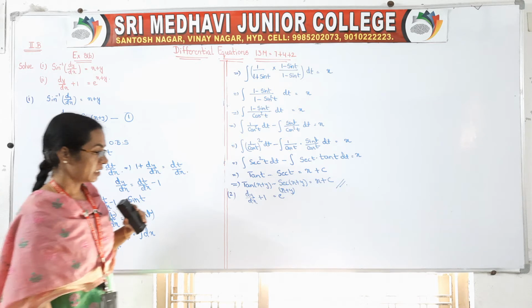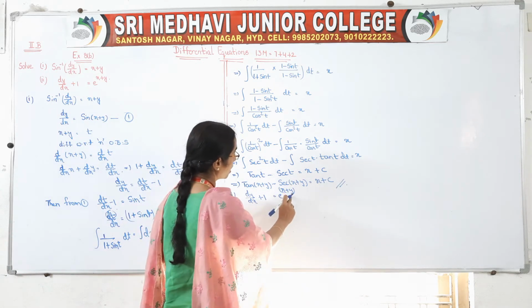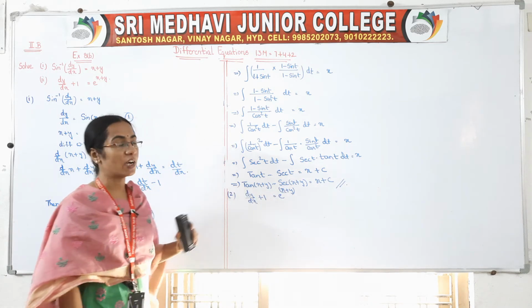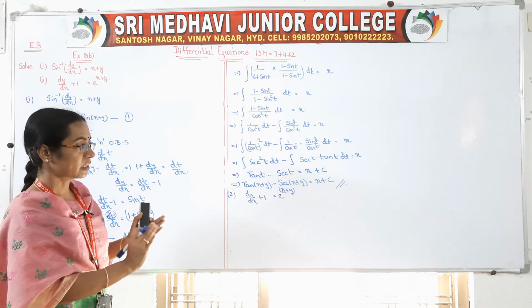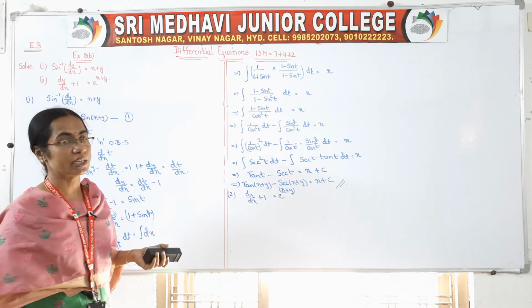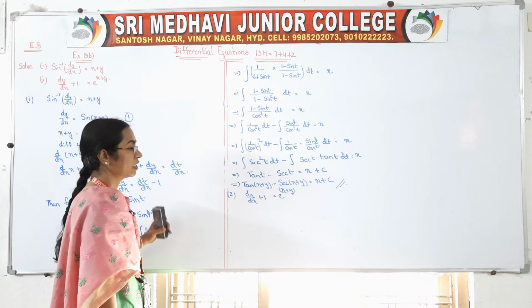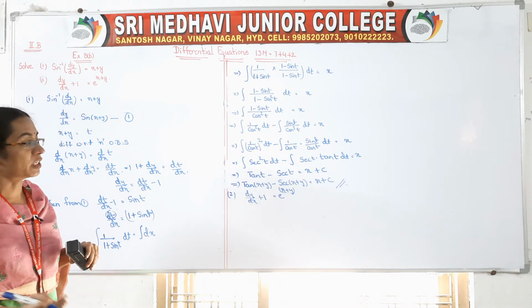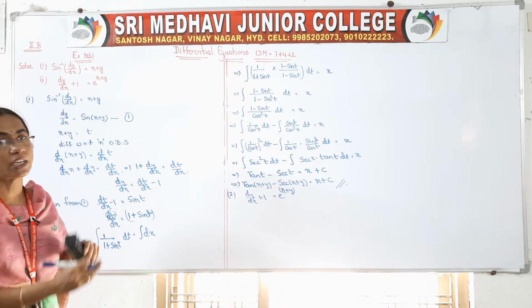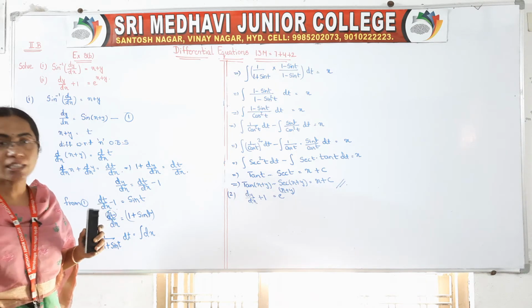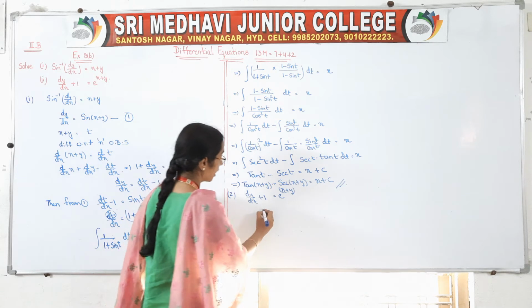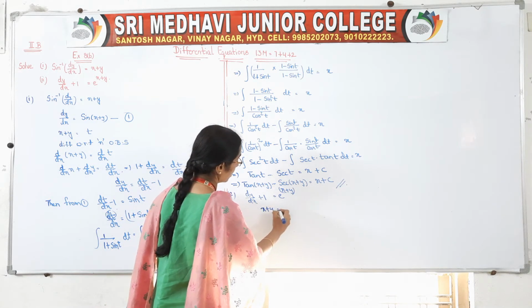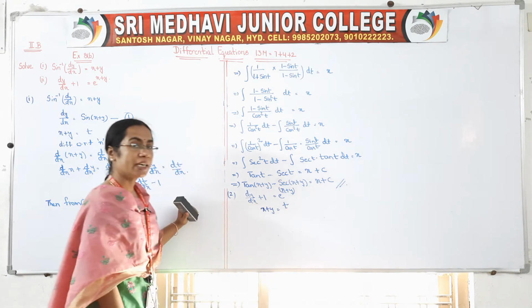Okay, so that is your problem. So e to the power of x plus y. Both x and y are mixed here. In such cases, whenever you have sin of x plus y, tan of x plus y, or e to the power of x plus y, you take x plus y as t. So take x plus y is equal to t.